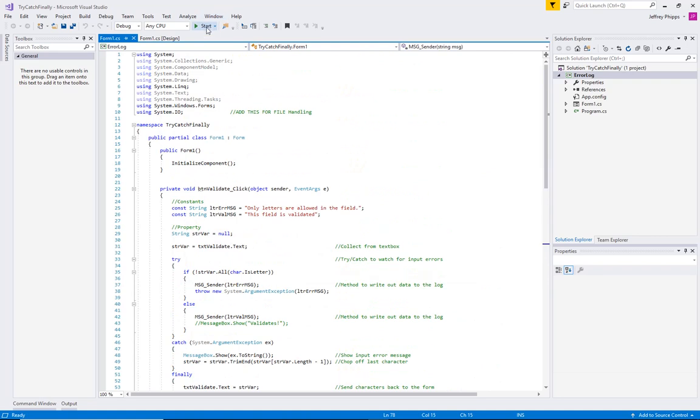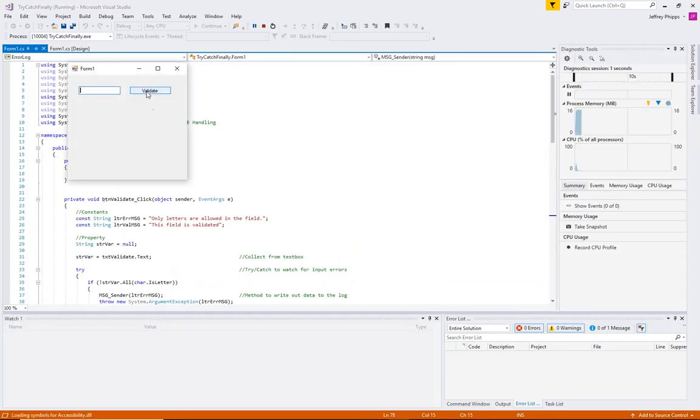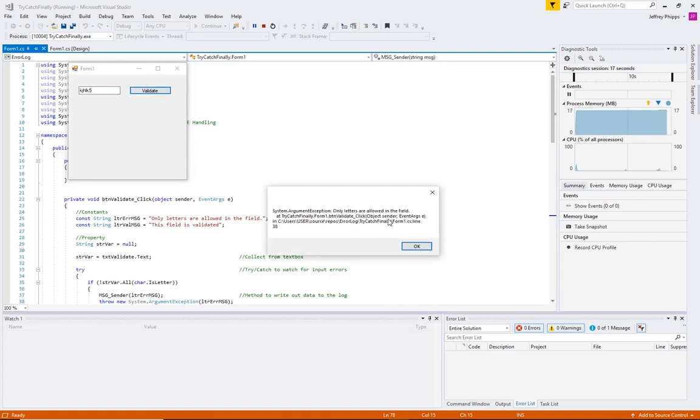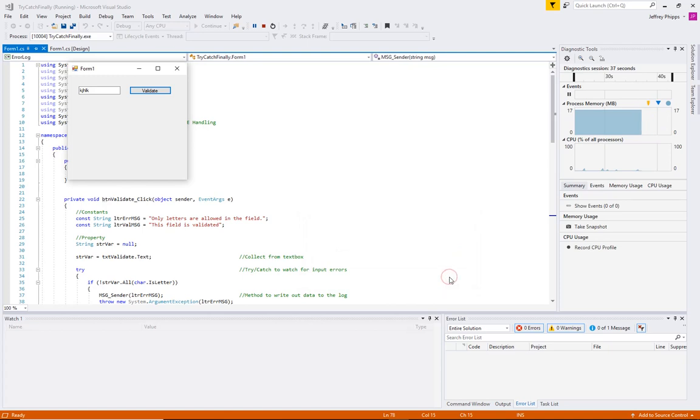So if I run this, and I put in a few letters, I click this, nothing happens apparently because of the fact that there's no error. If I put in a number and I click this, I get the exception that's thrown, and the message, only letters are allowed in the field. Again, that's that constant that is right here. Only letters are allowed in the field. You see that right here at the very end of that. Okay, and then we can do this, and it takes that out, and that's the end of that, so we